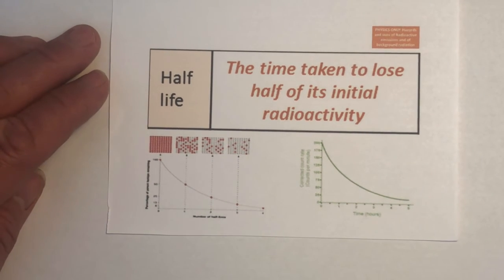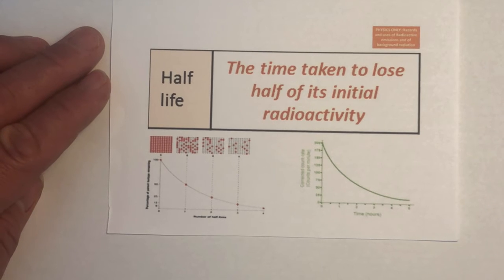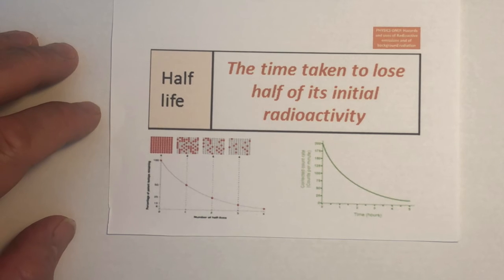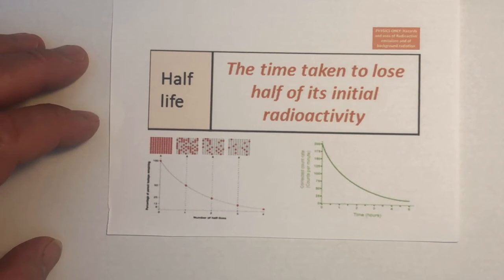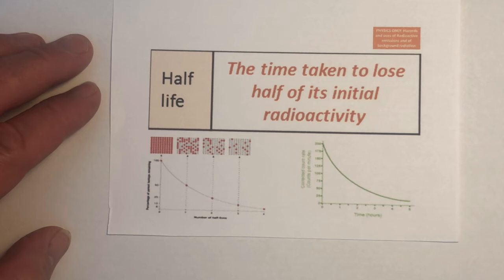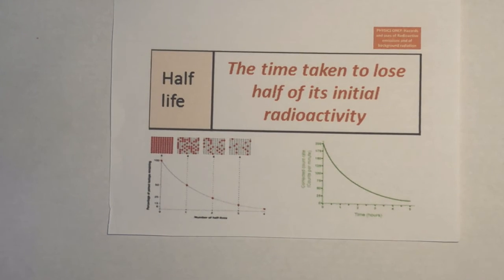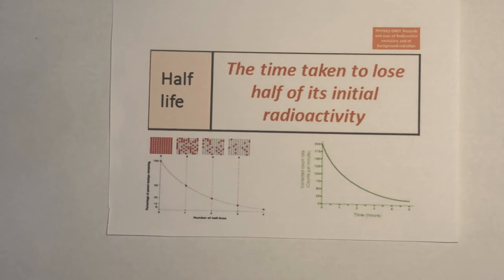The main use of half-life is carbon dating. Carbon dating is where they use carbon-14, which is naturally occurring as a radioactive isotope of carbon. It's naturally occurring in the atmosphere, and we all have a certain percentage of carbon-14 inside us. When something dies, passes away, then that carbon-14 starts to decay. And you can use the amount of carbon-14 in something to calculate how old something is or how long ago